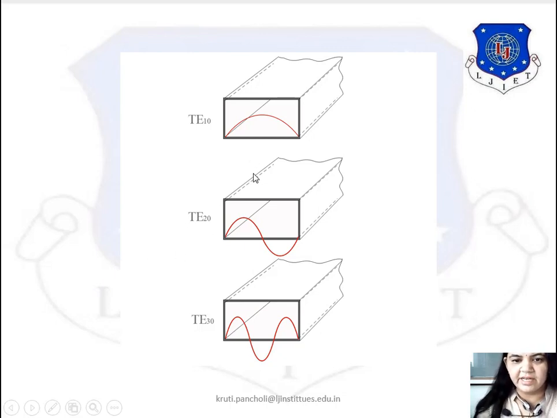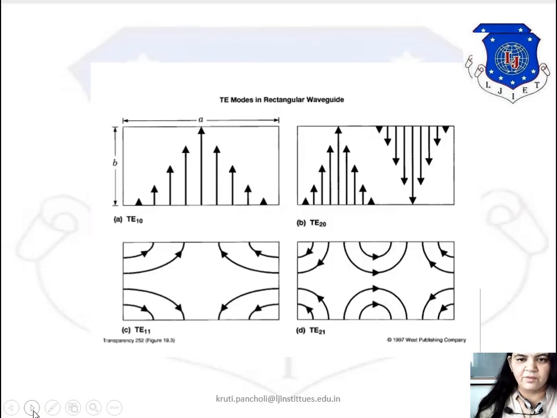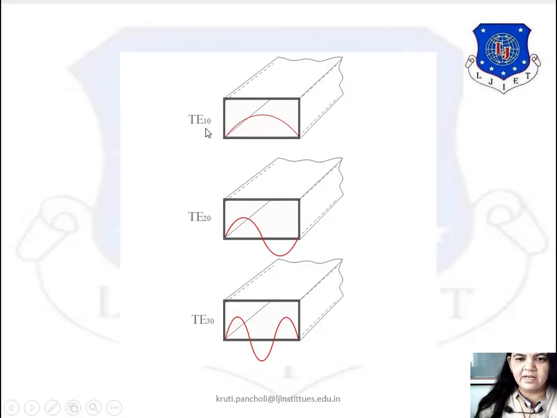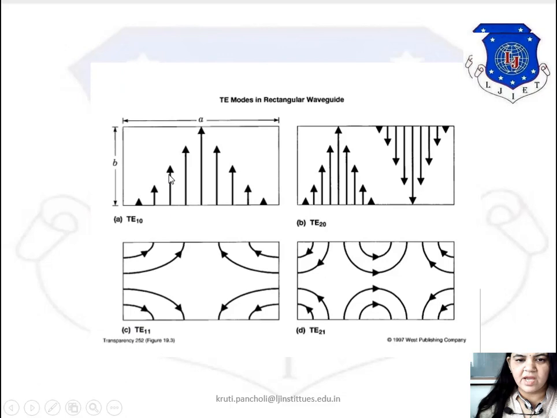So whenever diagrams are given to you, you have to understand what they actually mean. It is about the rectangular waveguide and the subscript values. TE mode in the rectangular waveguide, TE10. Here you can see that TE10 shows like this. Similarly, the TE electric field is there, which I am showing by this arrow, again in the wide dimension A. Again this is 20, so you can see the 2 variations.